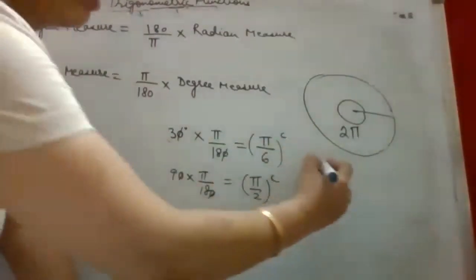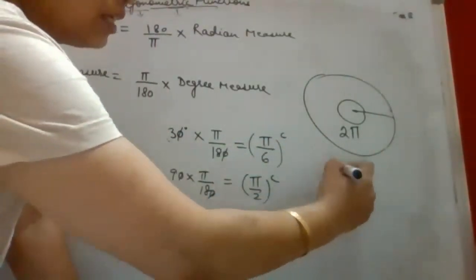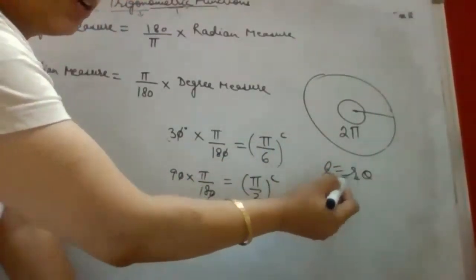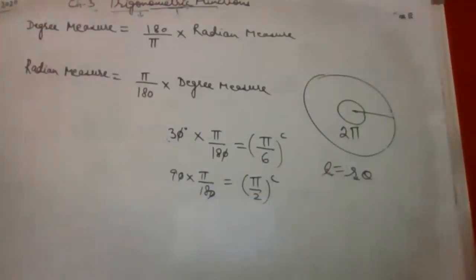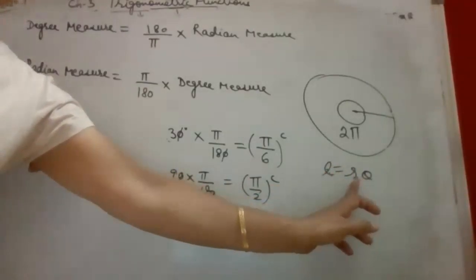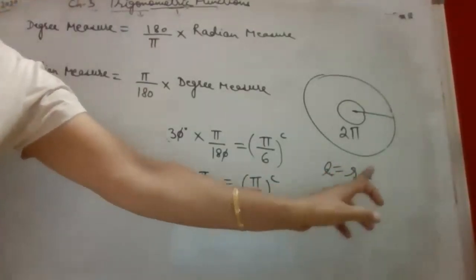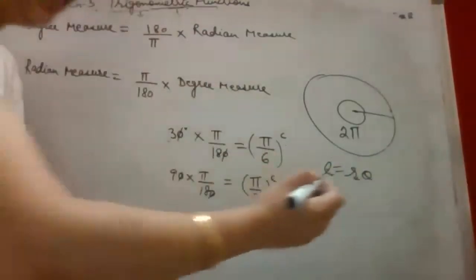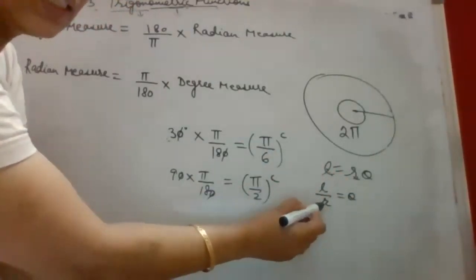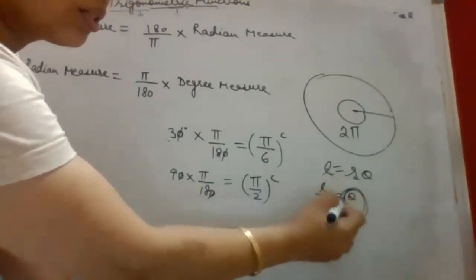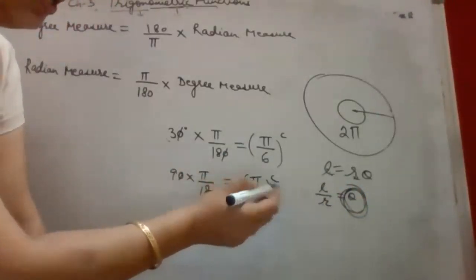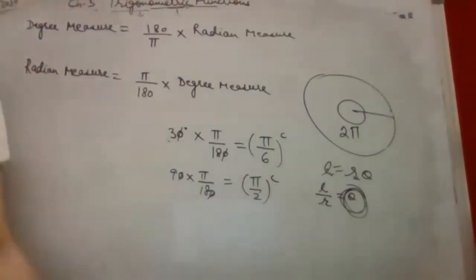And we learned the relation that L is equal to R theta. So radian is there when both are lengths. L is also a length, that is the arc length. R is also a length, that is the radius. So if we are taking theta, from here also we can see theta is L upon R. This is also a length, this is also a length, same unit. So theta is a constant term here. Pi also we know is a constant value, 22 by 7. So theta is a constant term, right?